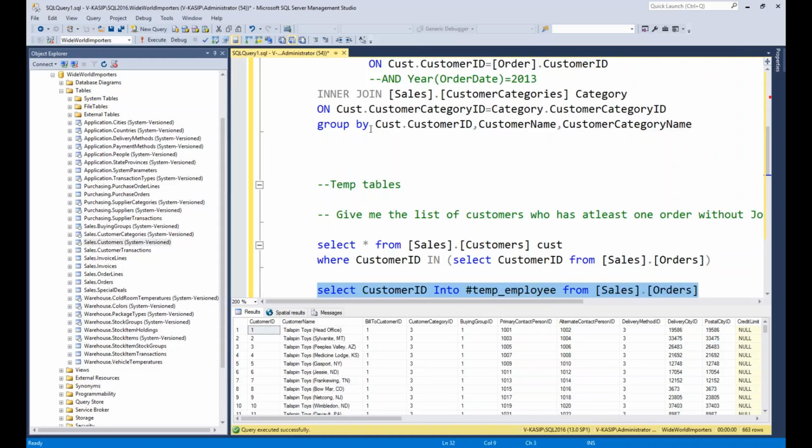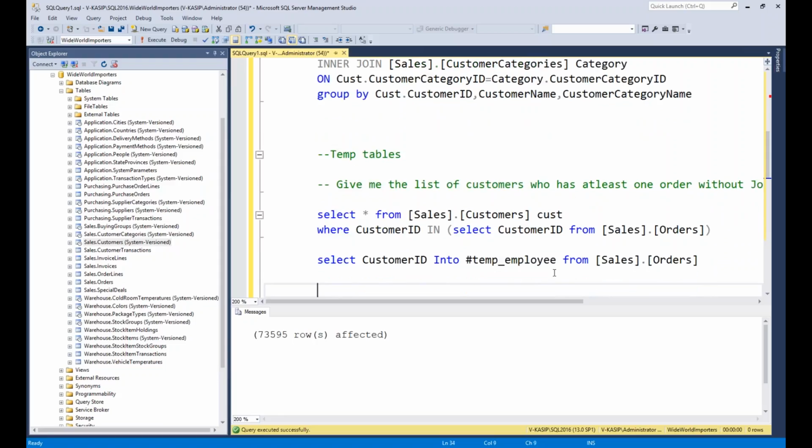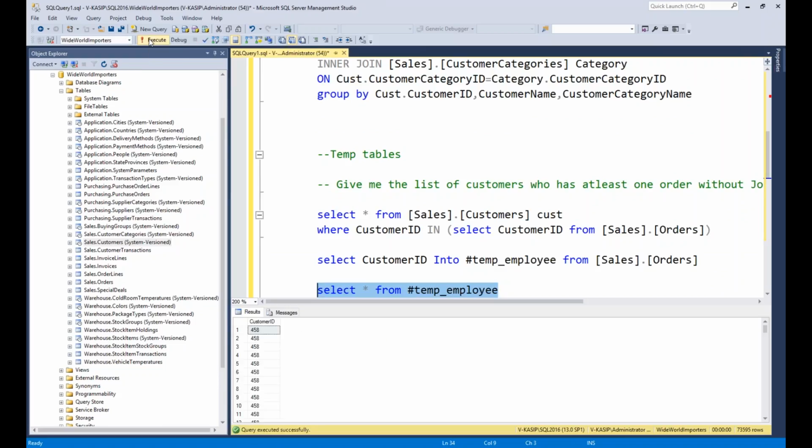If I run this, it will create a temporary table and list out all the customer IDs in this table. Now I can use this as a table directly. This table contains only one column, customer ID. Select star from #temp_employee. Right? I got all that.